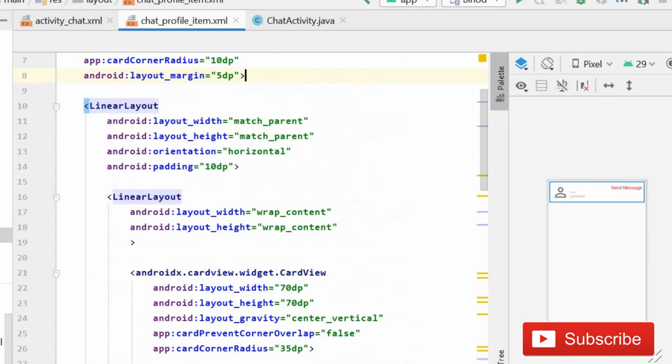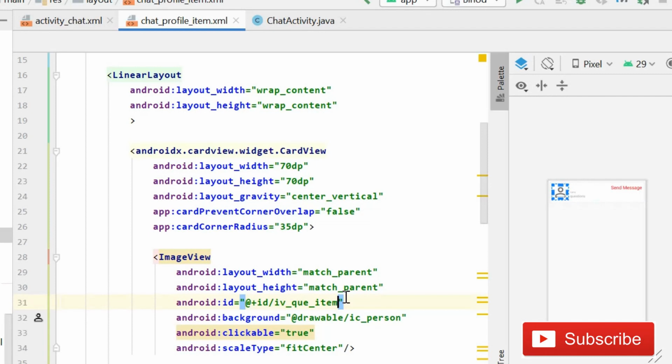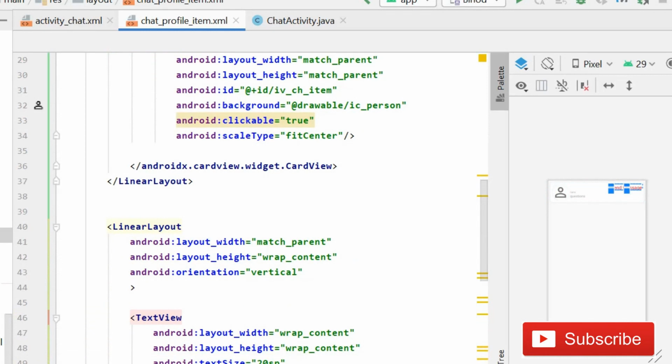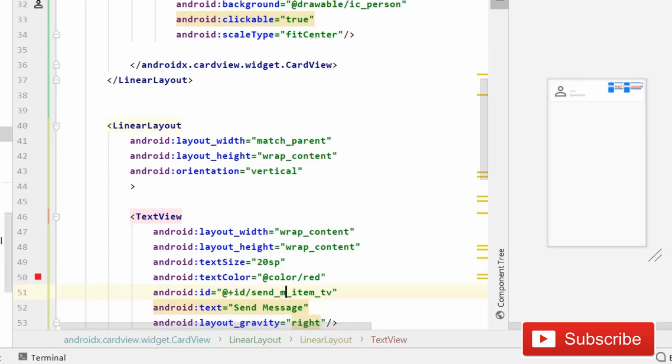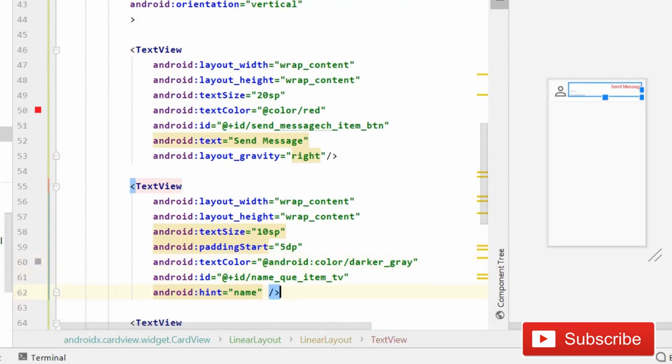So guys, after this you have to change the IDs of all of them. Yeah, so first of all, change this. It is iv question item, so make it iv ch underscore item. And then iv time question item tv, so make it send message ch, send message item btn. And then this one is for name, so make it